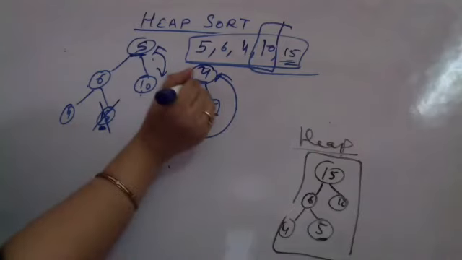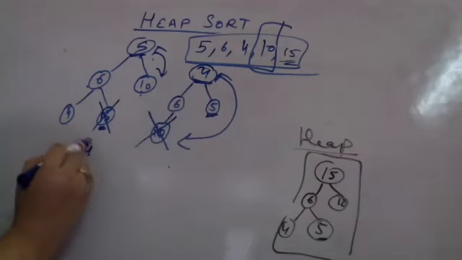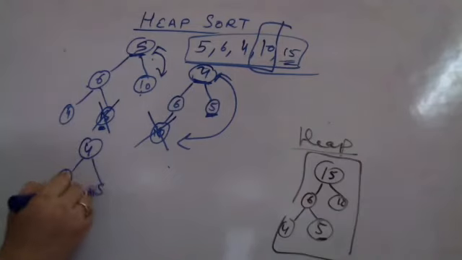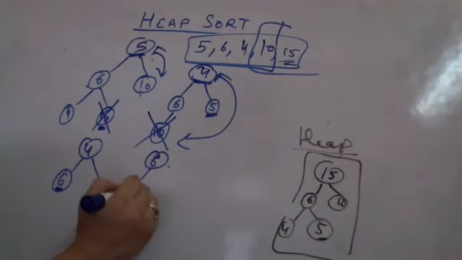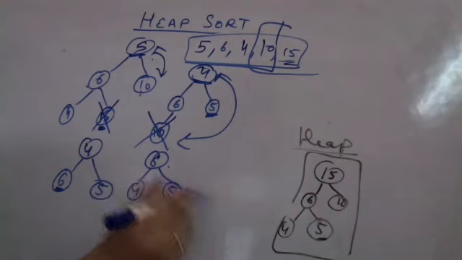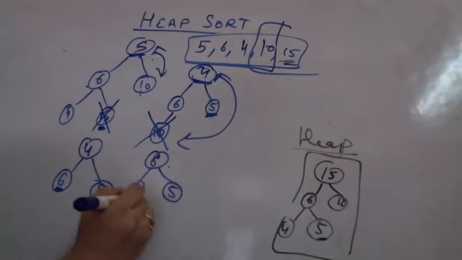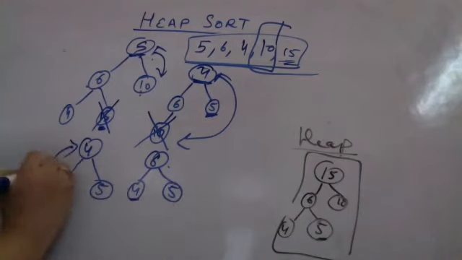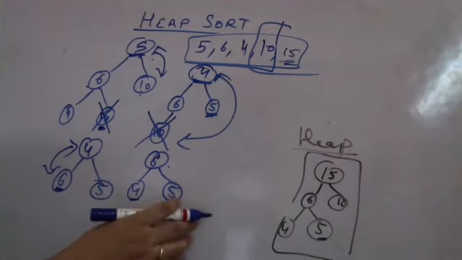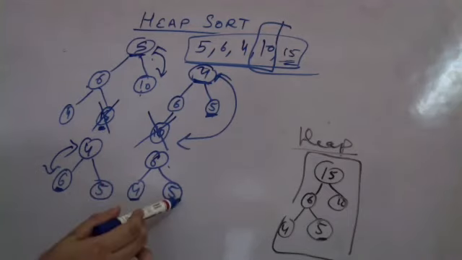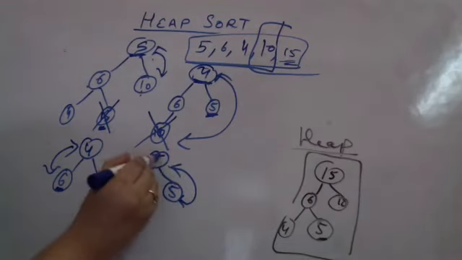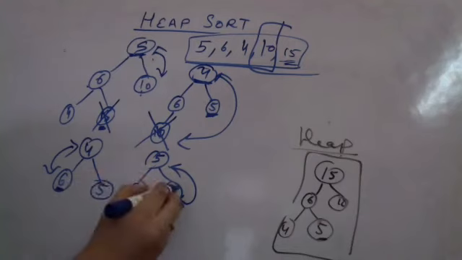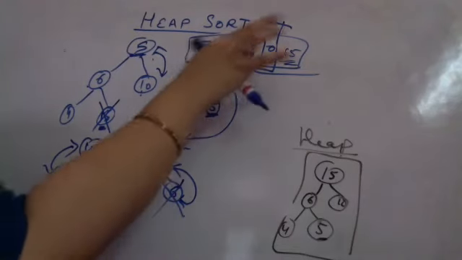Again call heapify on 4. Now you have 4, 6, 5. Call heapify on this. Out of them 6 is the largest. So 6 comes here, 4 comes here and 5 comes here. Again call heapify on this. No more children, not required. Do the same. Last element से swap कर दो 6 को. 5 comes here, 6 come here, delete it from the list.